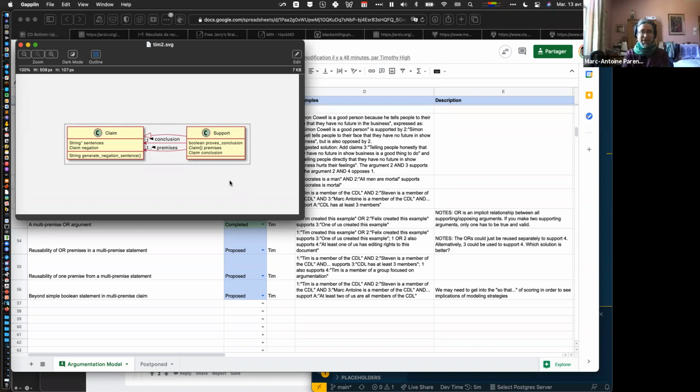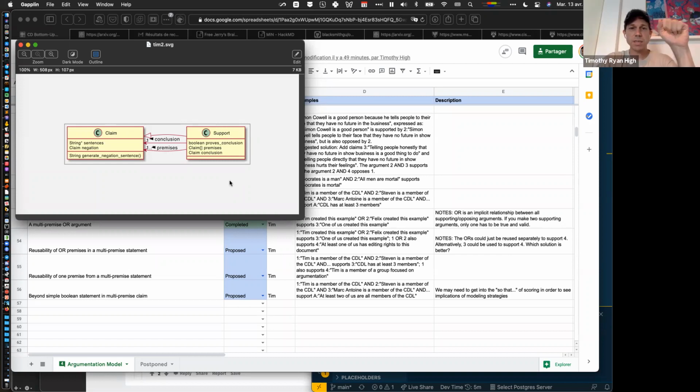So negative environment is one support claim for the bad. Negative environment supports ice cream is bad. Negative health supports ice cream is bad. Negative happiness supports ice cream is bad. So that's three support links between the negation of the criterion and the negation of the goodness. And you have three independent support links. Good environment supports ice cream good.